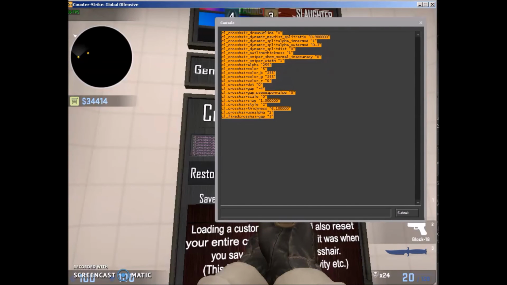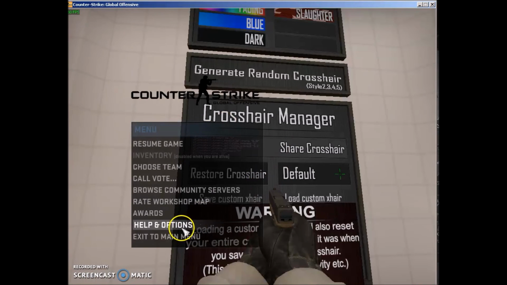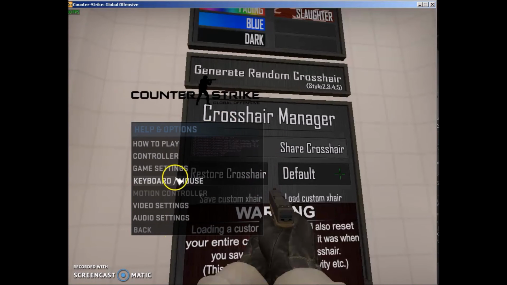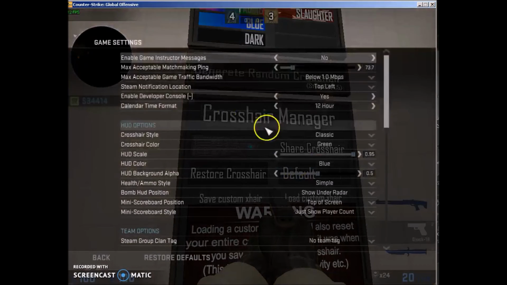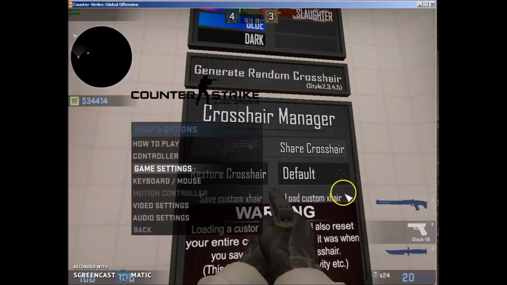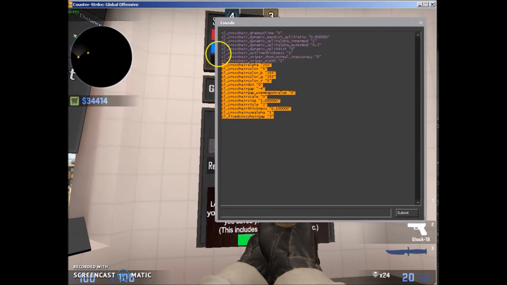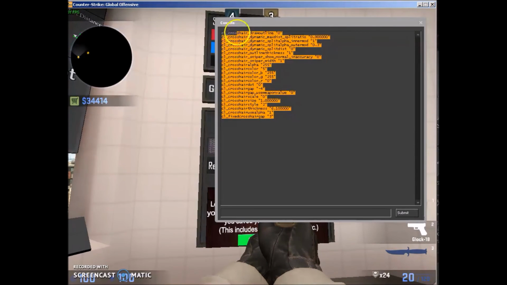If this isn't popping up, what you're going to do is press escape, go to help and options, go to game settings, and go to enable developer console, and make sure this says yes. Exit out, and then click it again, and it will pop up. You're just going to want to highlight all of this code,